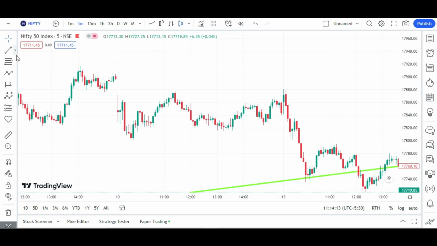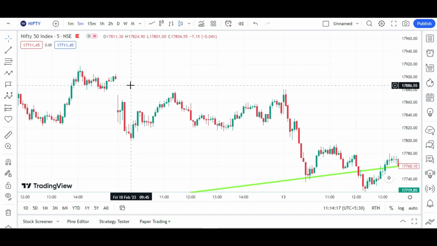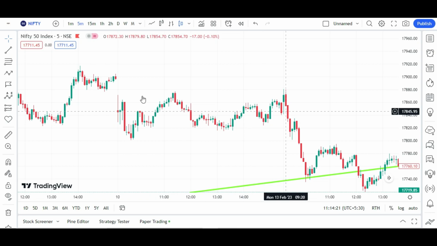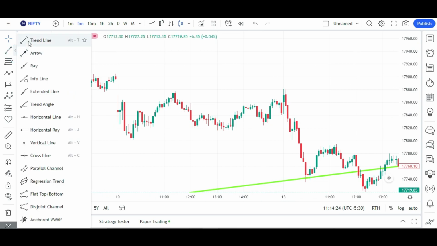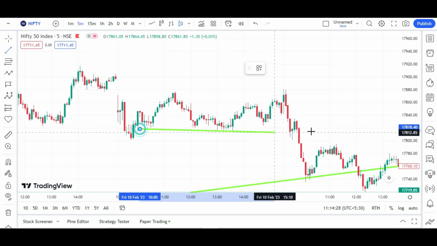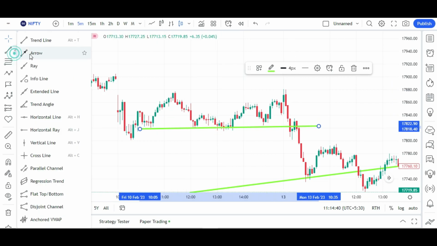So what do you have to do? Let's wait and try to see some kind of trend line formation on 5 minutes. Like this is the 5 minute bar. You can take your trend line tool and you can see that this is a trend line. People are buying, people have bought. This is 1 touch point, 2 touch point, 3 touch point, 4 touch point, and once it breaks, it becomes resistance. So you can look for entry here, and on the top also you'll be able to see that there are